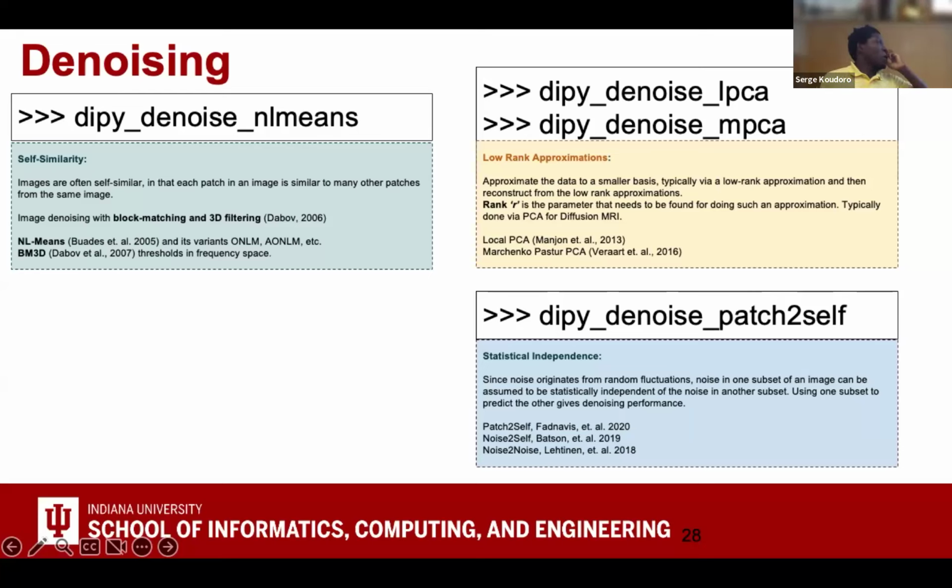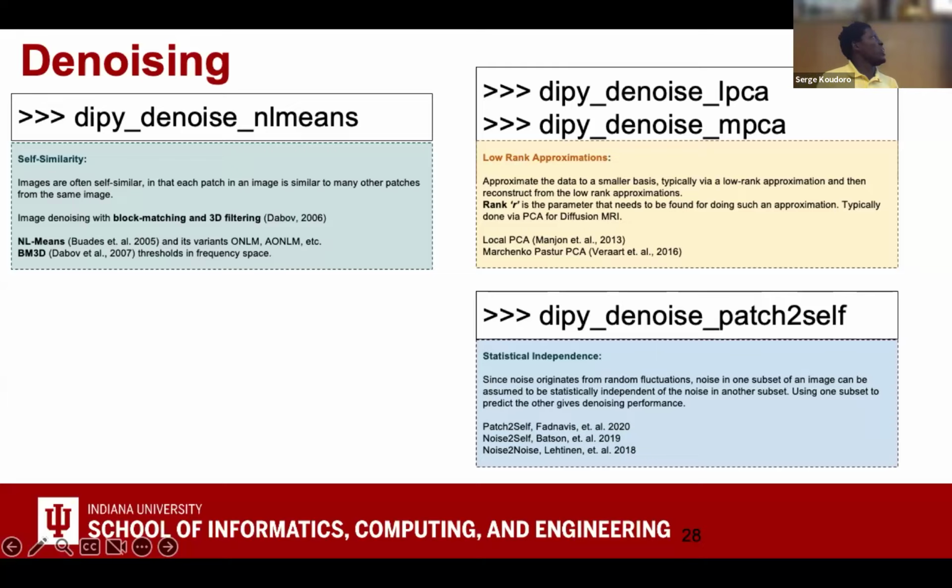On good resolution data this works very well. Actually, it's even better than MPPCA. But with data with few volumes, few gradient directions, you can see that the results start to be less good than MPPCA. So here you already have a choice depending on your data. If you have a ton of volumes and very high resolution, or you have poor data and low resolution. Also, we discovered, we don't know why yet, we are looking at it,